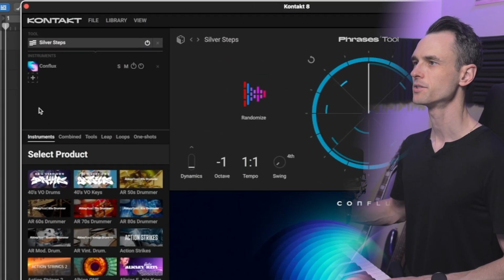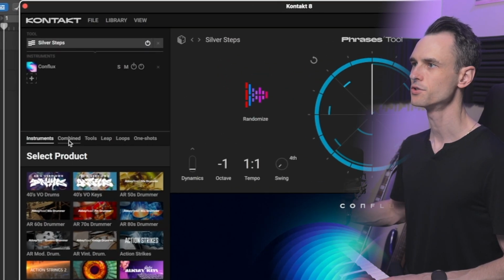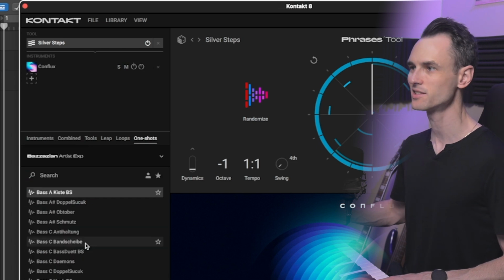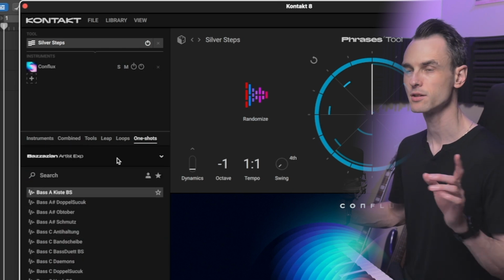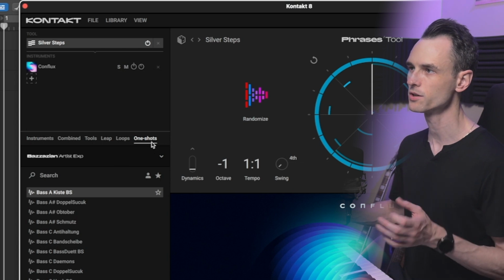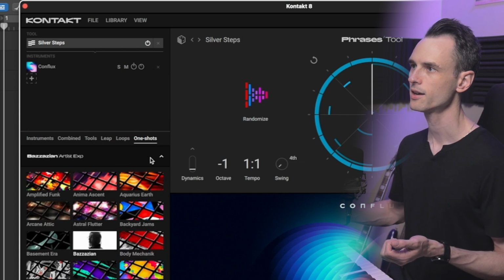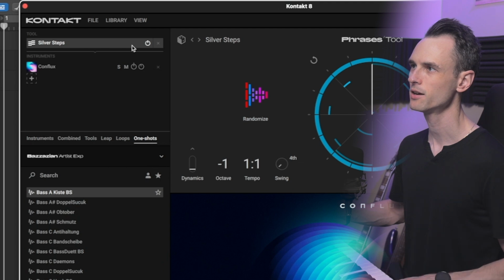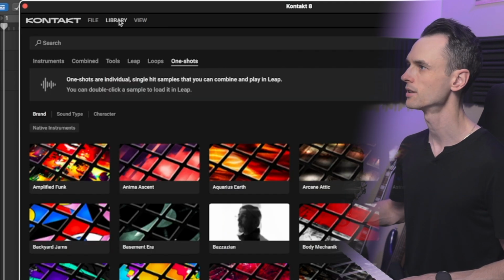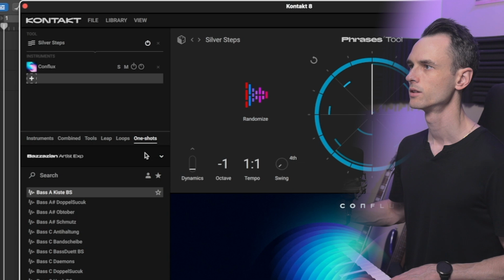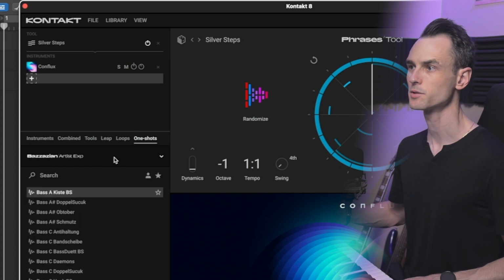So when you're looking to add something to your rack, you can use the categories here to choose what you want to be adding. So if I wanted to add a one shot from Bazzazian. Okay, here's something that I'm noticing right now. So I'm going to the one shots. I can't seem to narrow down the categories like I do if I go to the library. So I have the empty rack slot selected here. I've got the one shots category chosen. I got Bazzazian artist expansion. And as you can see, I can't change categories within the